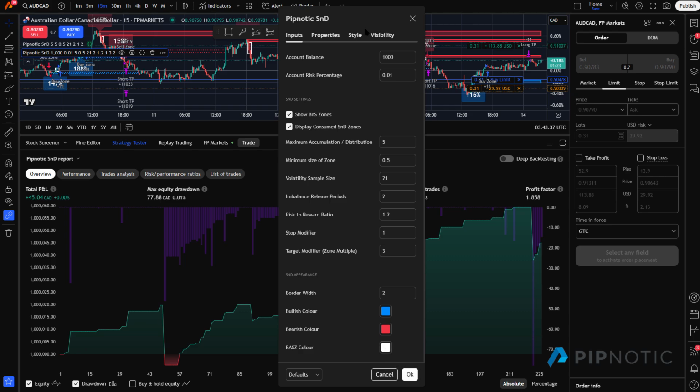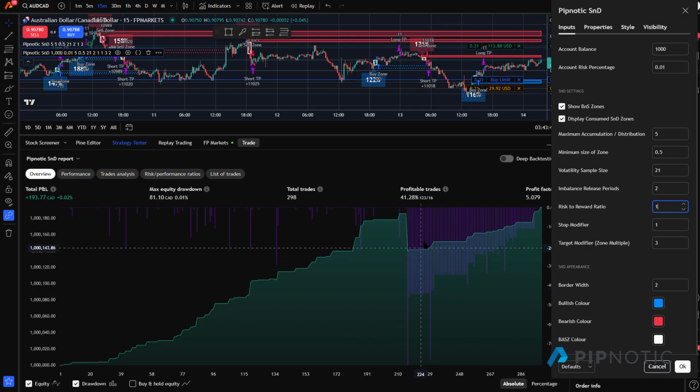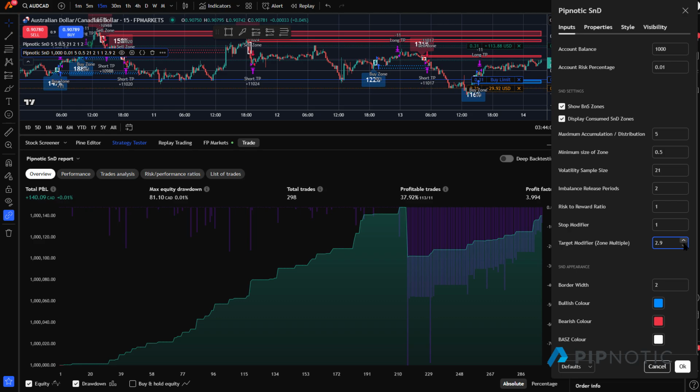But the funky thing about this, which I think is pretty remarkable, is you can see the results of these here. And so if I want to say risk reward ratio, I want to put this to, let's say, 1. You can see the results instantly here. Stop multiply 1, target multiply. If I change this to 2, you can see the results